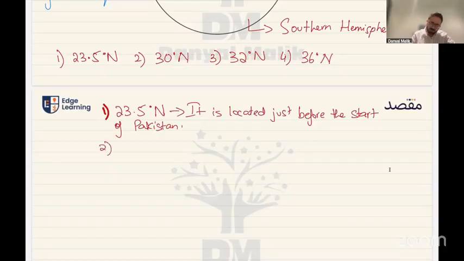Then in front of 30 degrees north. By the way, if you don't write north, your answer will be marked as wrong. Even though your value, your figure is absolutely correct, if you don't write it, it will be marked wrong. For 30 degrees you will write down it is